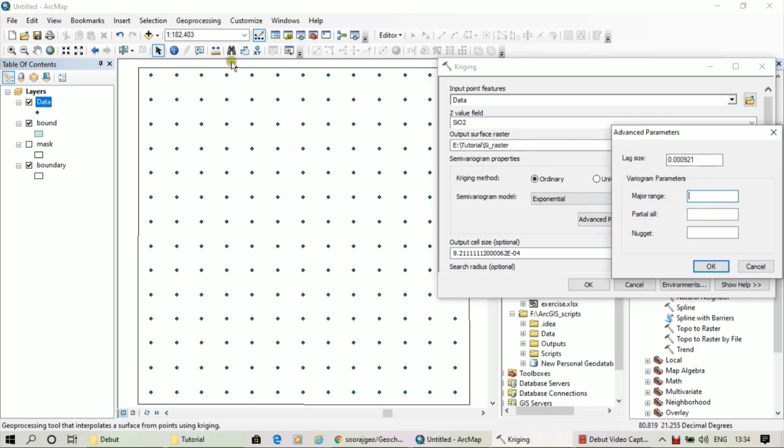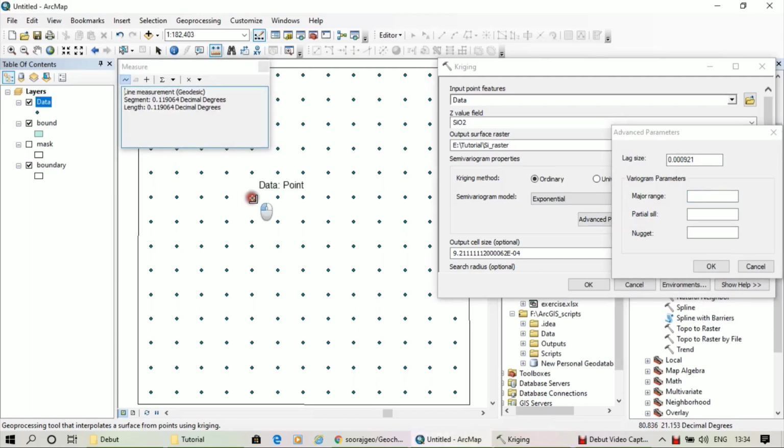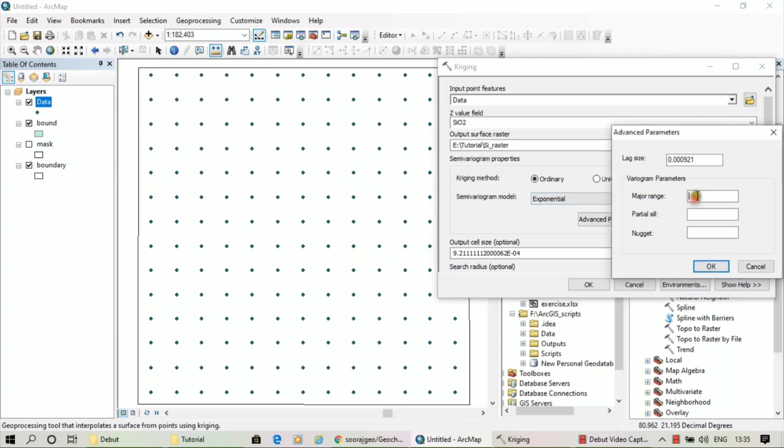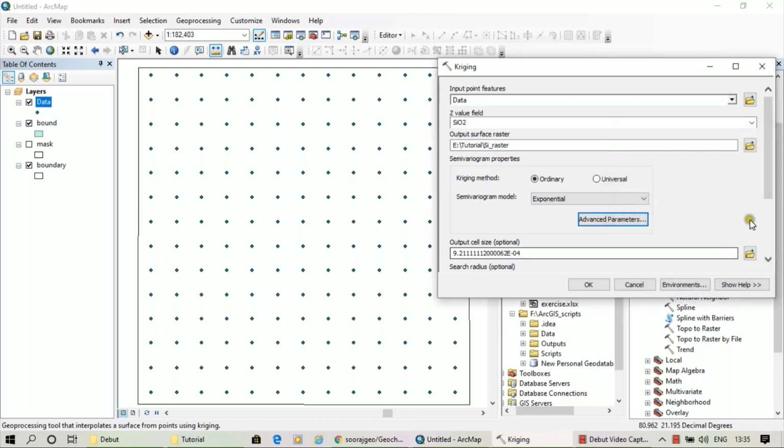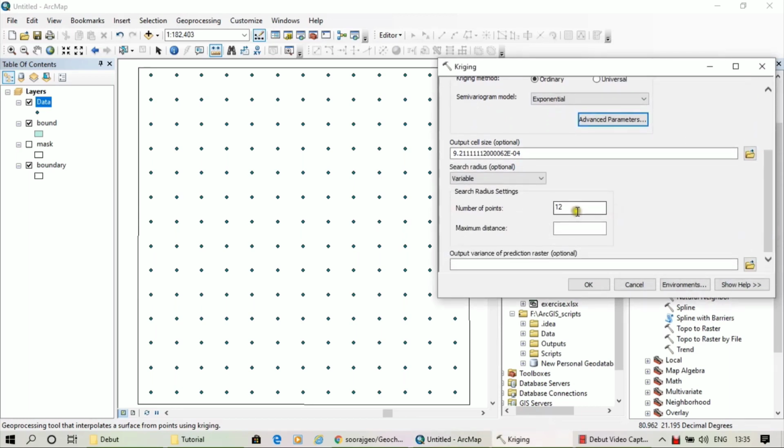So the major range is nothing but the diagonal distance between the data points, meaning a larger distance, more than the diagonal distance. Now in this case it is 0.025, so I will put it as around 0.03, a little larger than that distance. And I will set the nugget value as 0. Press OK. And I will set this as 100,